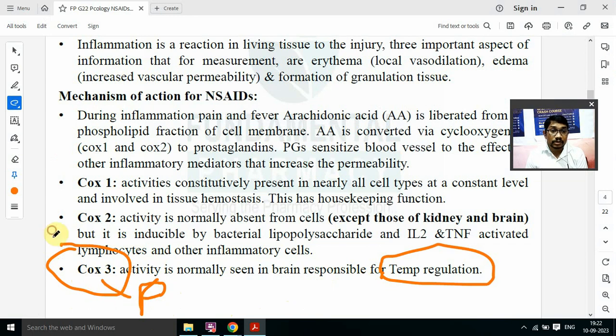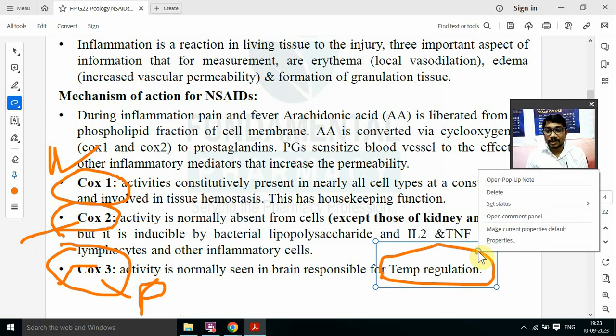जो कॉक्सिब होते हैं, सिलेकॉक्सिब, रेफोक्सिब, पैराकॉक्सिब, इट्रोकॉक्सिब, they are known as selective COX-2 inhibitors. बाकी जो NSAIDs होते हैं वो क्या है? नॉन सिलेक्टिव COX inhibitor. बाकी NSAID जो होते हैं नॉन सिलेक्टिव होते हैं. सिलेक्टिव COX-2 inhibitor कौन से? कॉक्सिब्स. एंड COX-3 सिलेक्टिव कौन है? पैरासिटामोल. तो यहाँ पे आपको क्लियर होना चाहिए.